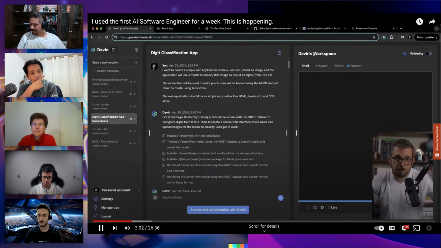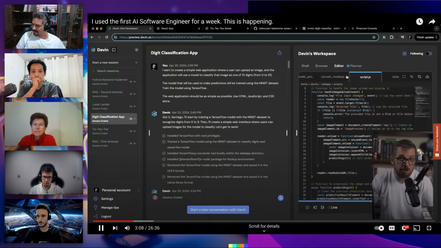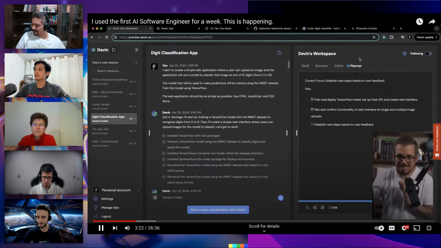You can see the terminal window, what Devin is doing. You can see the browser, what Devin is looking at. You can see the editor and have access to all of the files of code that Devin is creating. And you can see the planner where Devin is going to be breaking down the tasks one by one and completing them. The first project I gave Devin was a